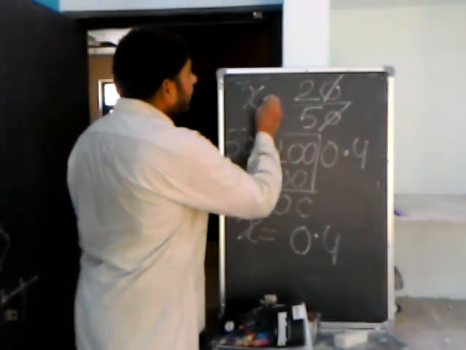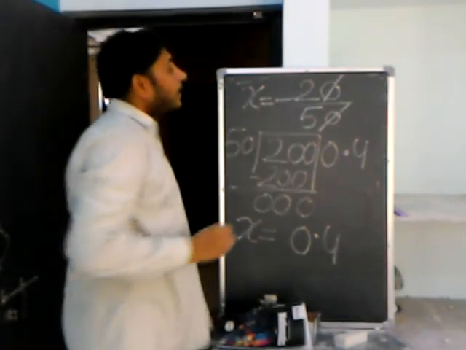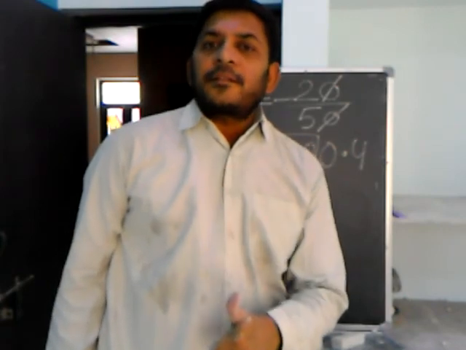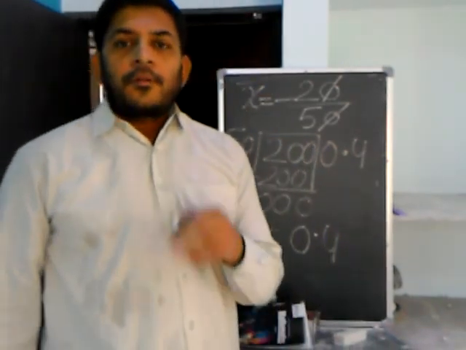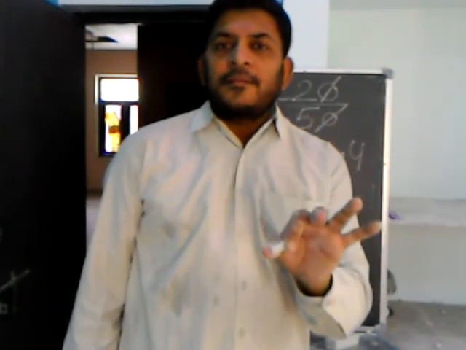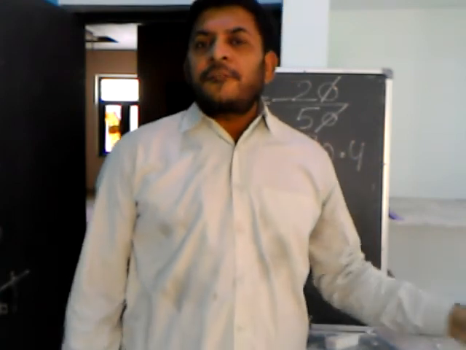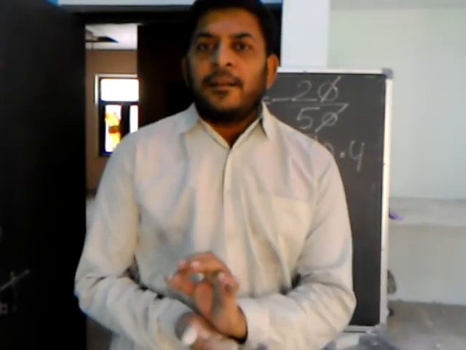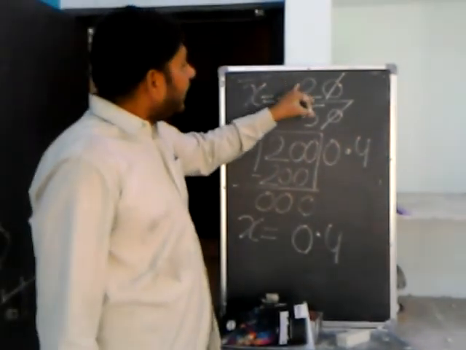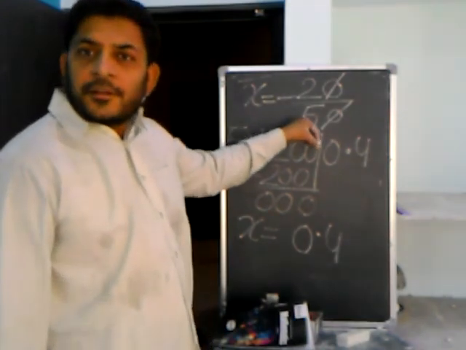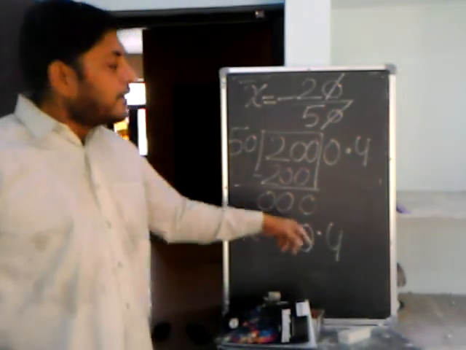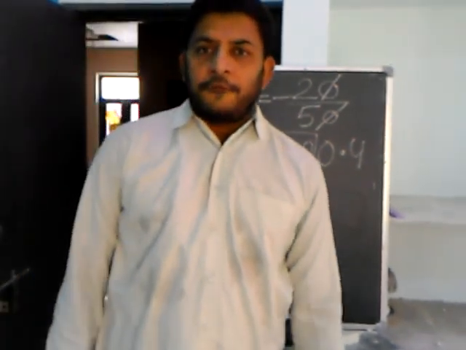but it will be carrying a minus sign because 0.20 was a negative integer, and if we divide a negative integer by a positive integer, we always get the answer as a negative integer. 0.5 was a positive integer, so we divided a negative integer by a positive integer, so we will get the answer as a negative integer. So the answer is x is equal to minus 0.4.